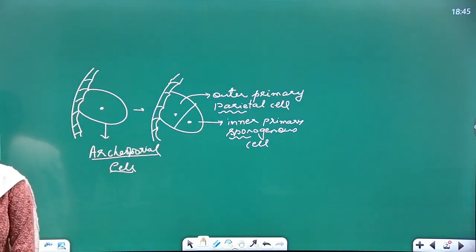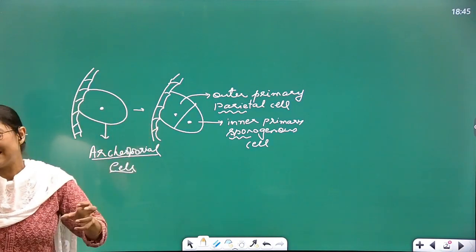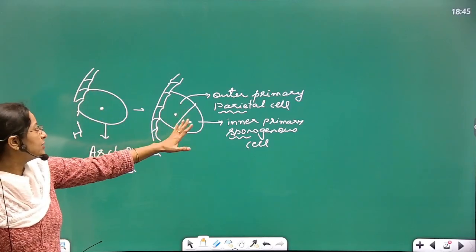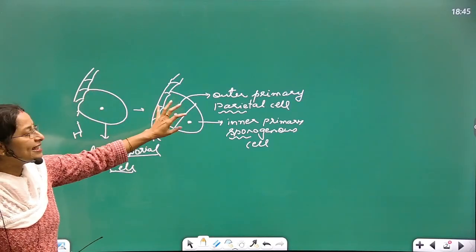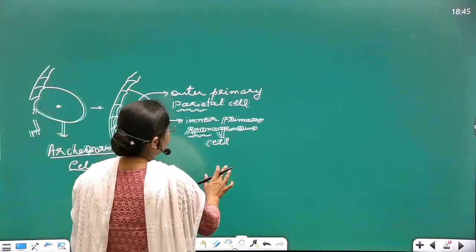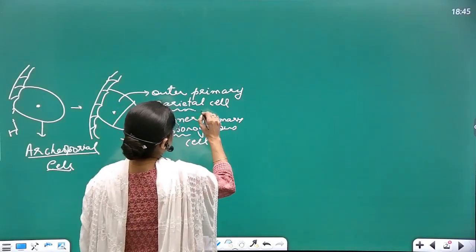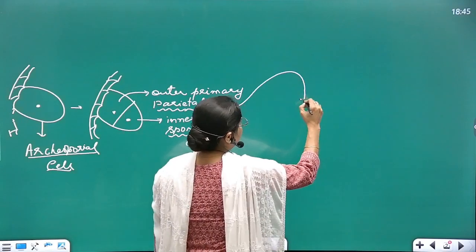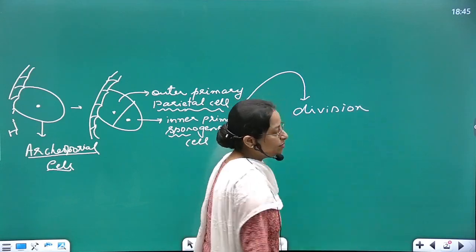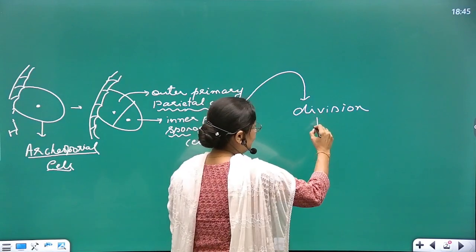In the last class, since this cell has a tendency to divide, obviously it divided and formed two cells. Similarly, these cells will also have a tendency to divide. So the next thing that we studied was the division of the parietal cell. Primary parietal cell will undergo division, both anticlinal and periclinal, both types, and ultimately they will be forming